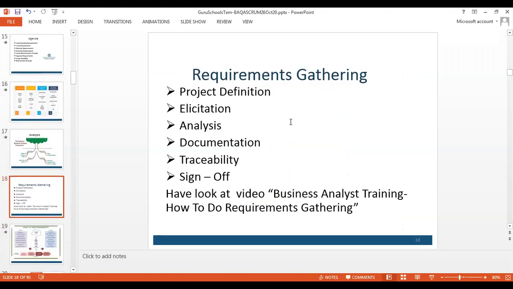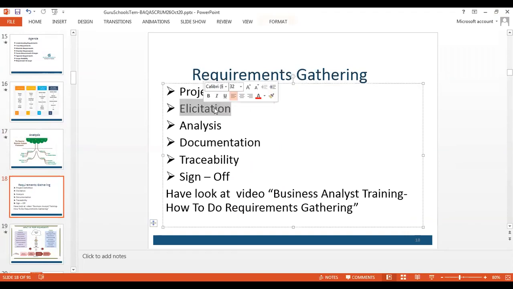Now requirement gathering. We talked quite a lot about requirement gathering. Now, how to do it, or what is the process to do it. Overall, we drive the project definition. We try to build the vision and scope for a project, product, or service. We elicit the requirement, and we evolve the requirement to a level where it can be implemented by a team like